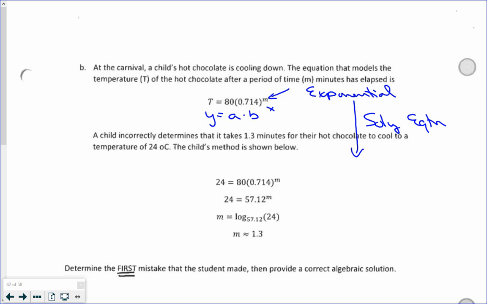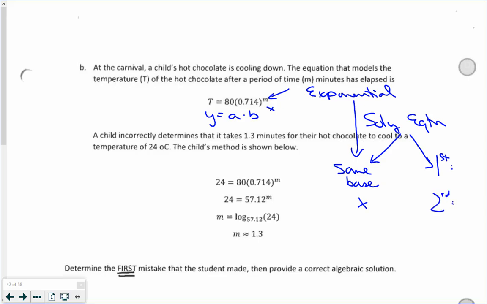the theory that needs to pop into your brain is this. You solve an exponential, you have two options. You either put each side to the same base. Is that possible here? Is it possible to do the same base with these decimals? No. So same base is not possible. So the other option